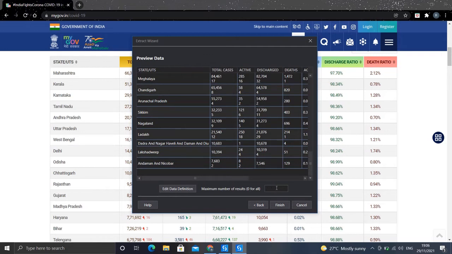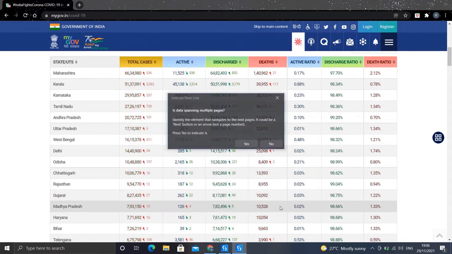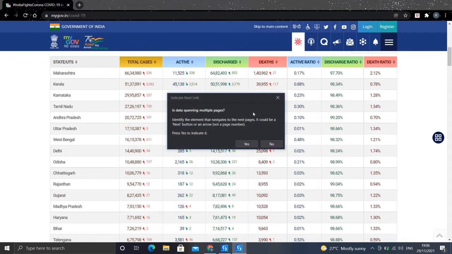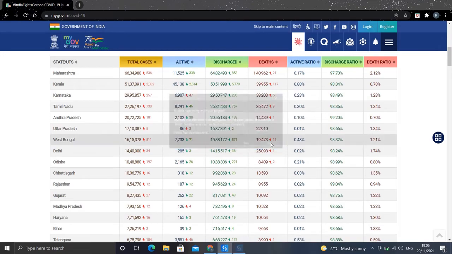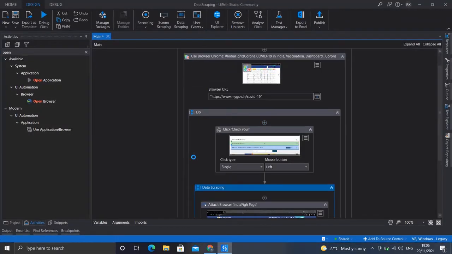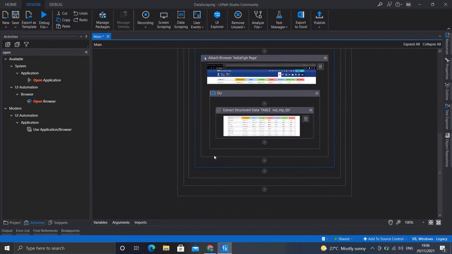So I'll type 0 and click on finish. Now it also asks whether the data I am about to extract spans multiple web pages. In this case we have all of the data in a single page, so we don't need that. I'll click on no. Okay, the job is done.